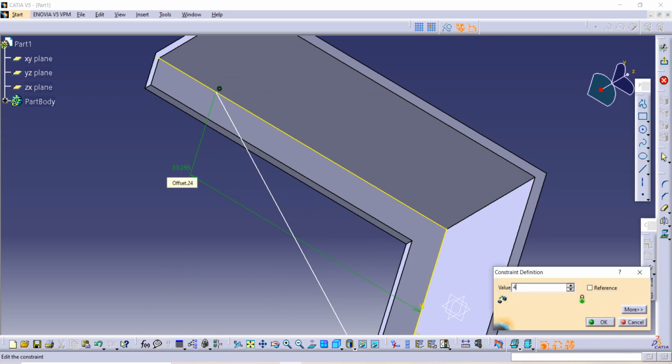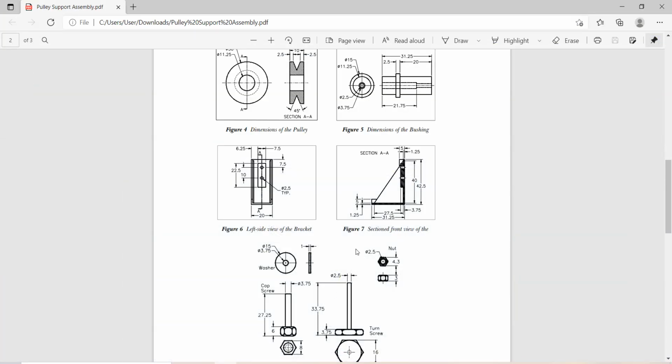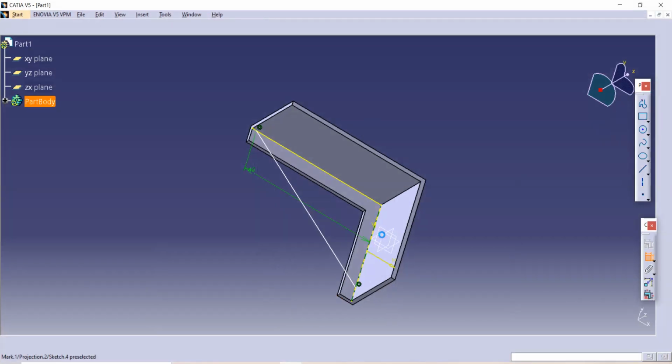So I am writing here 40, and similarly the distance between this point and this internal line is given as 27.5. So let's give dimensions.